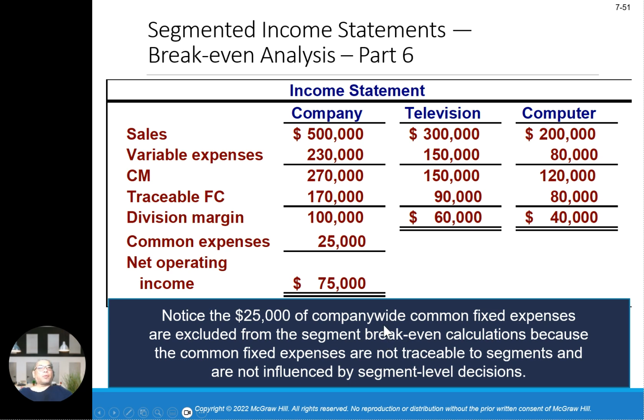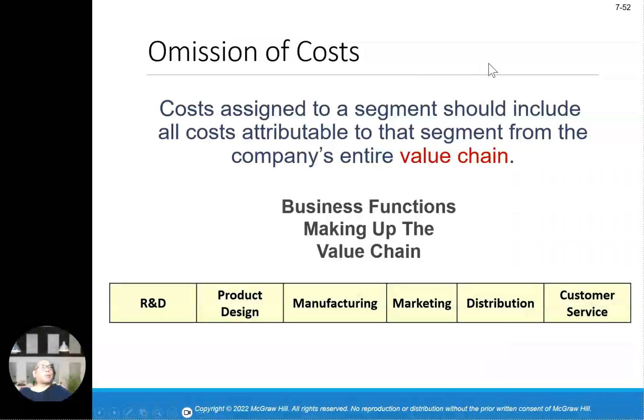Okay, note that the 25,000 common fixed expense is excluded from the segment break-even calculation because common fixed expenses are not traceable to the segment and are not influenced by segment-level decisions. In terms of mission costs, costs assigned to segments should include all costs attributed to the segment from the company's entire value chain, in terms of business functions making up the value chain such as R&D, product design, manufacturing, marketing,